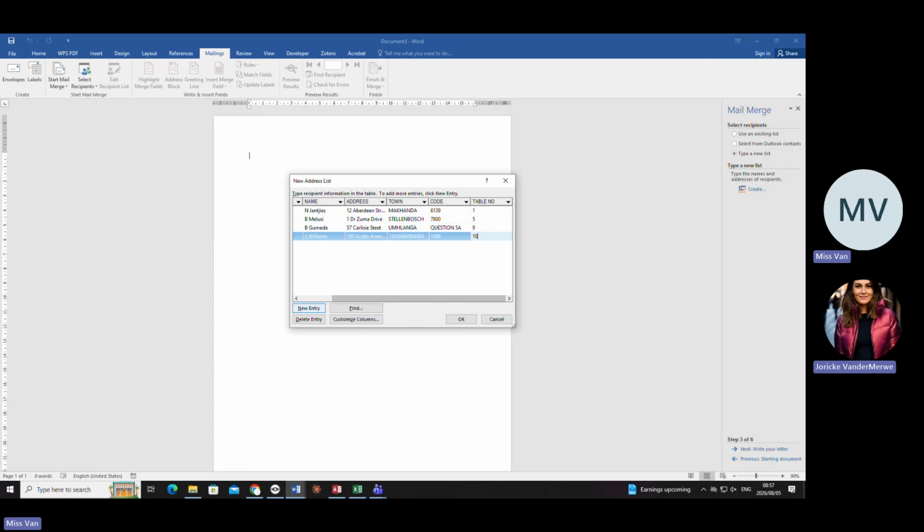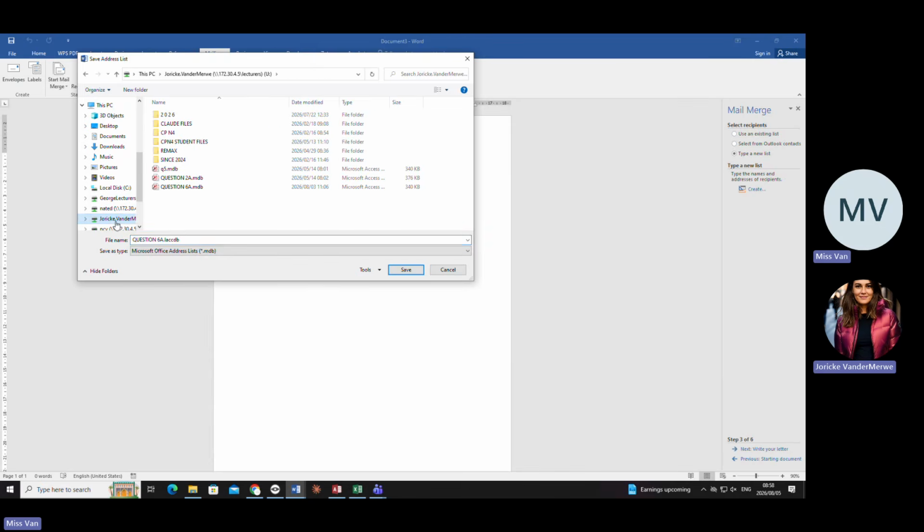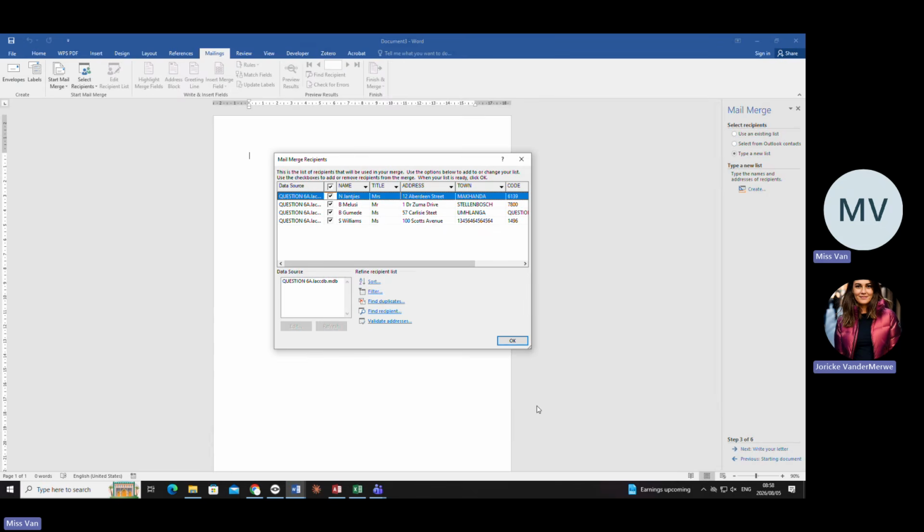Now remember, it's going to open up in Access. So we are going to say, okay, and this is going to happen. All right, read number 6.2. What does it say? I must save it as question 6A. Okay, there's already one. But now, am I saving it in my data sources? No. I must save it in wherever I'm working for that moment. If I'm working in the exam folder, you must save it there. If you're working in your own folder, you must save it there. I'm going to save it there.